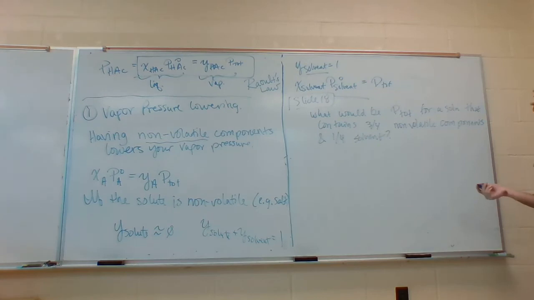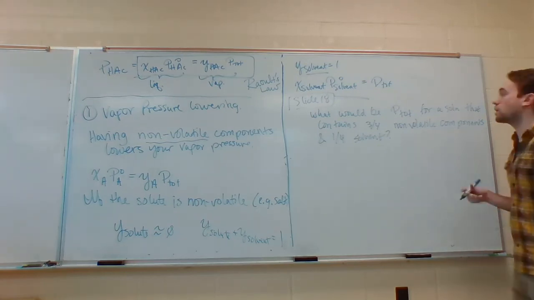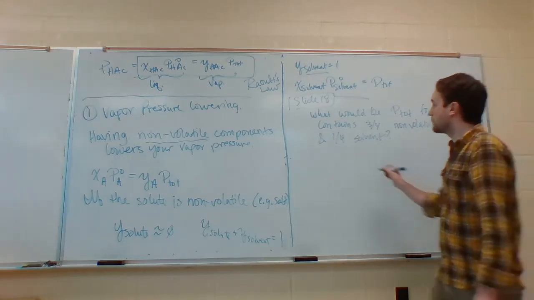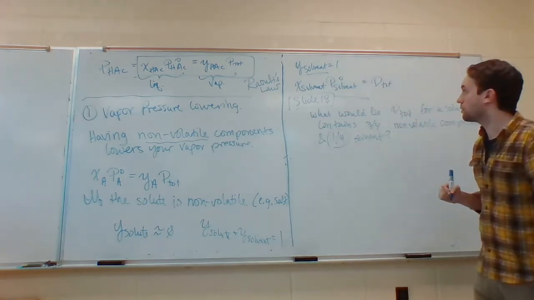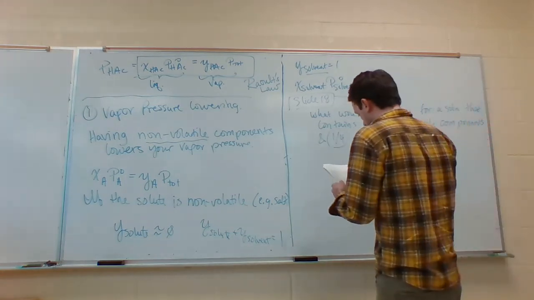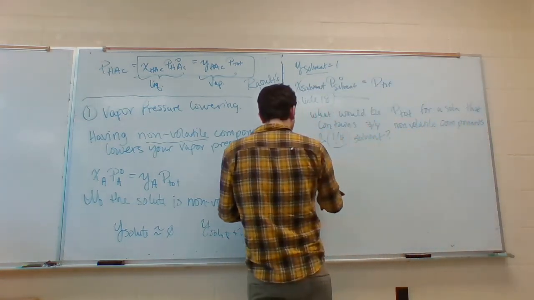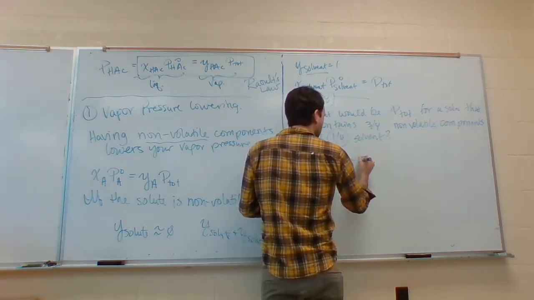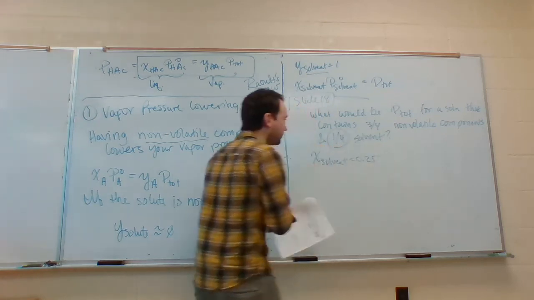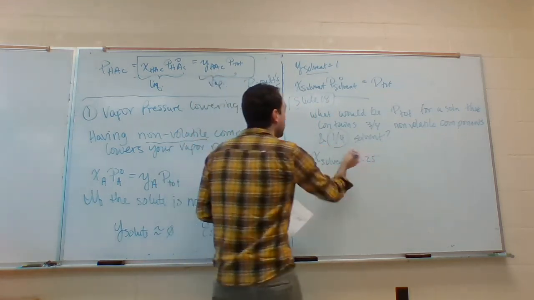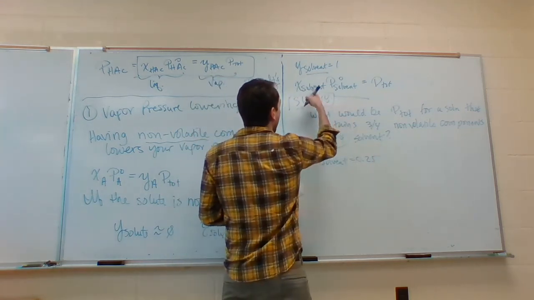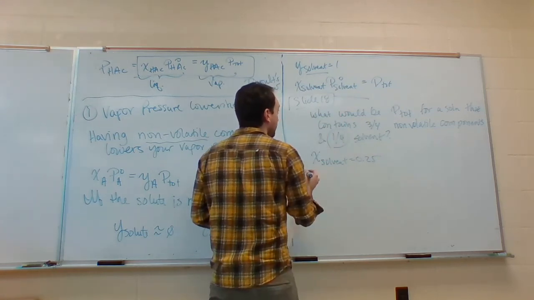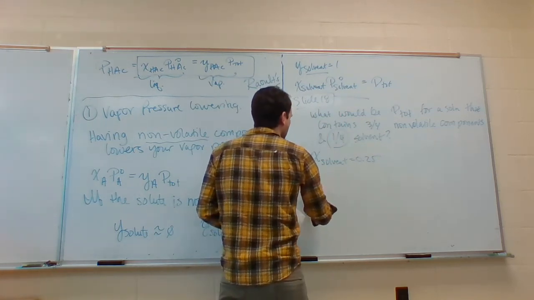Well, what is our mole fraction of our solvent? This is going to be 1/4, so the mole fraction of the solvent is equal to 0.25. And then we would multiply it by our pure component vapor pressure of the solvent. So our P total,